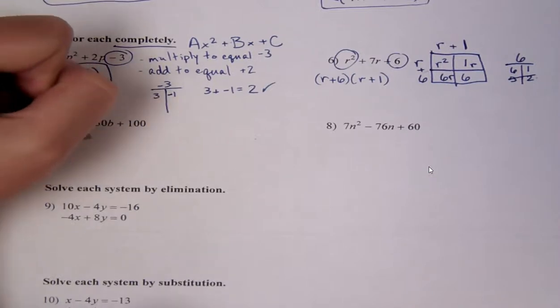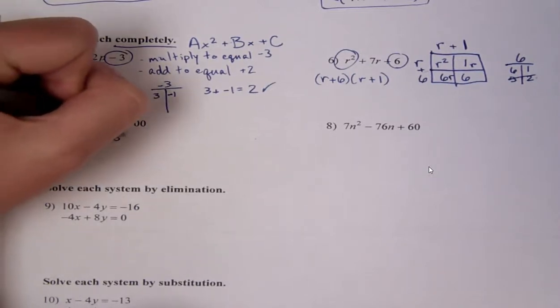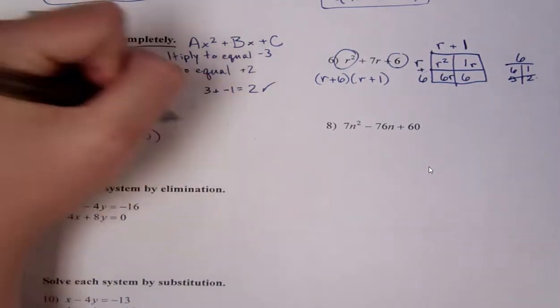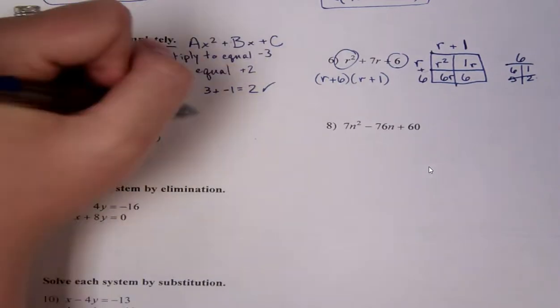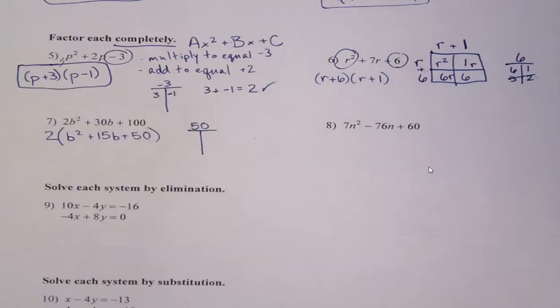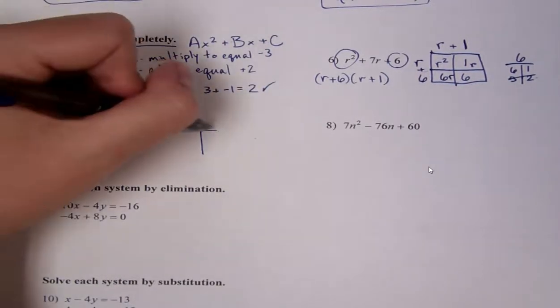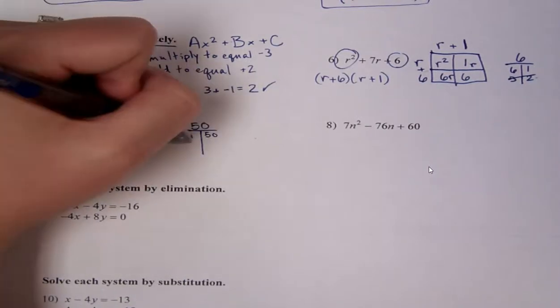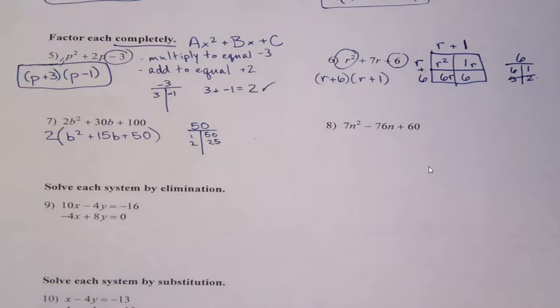So now we've got b squared plus 15b plus 50. So this is quite a bit different, right? If 2 is factored out, now we can just approach it like we did 5 or 6. So we just need 2 numbers that multiply to equal 50, but also add to equal, sorry, not 25, to equal 15. So we want to multiply to equal 50, add to 15. So let's just write the factors out. So 1 times 50 is 50. 2 times 25,